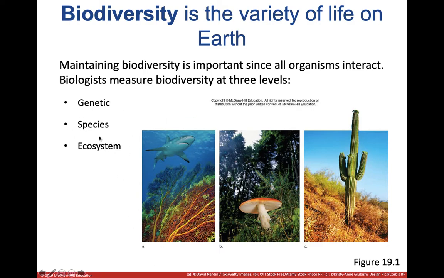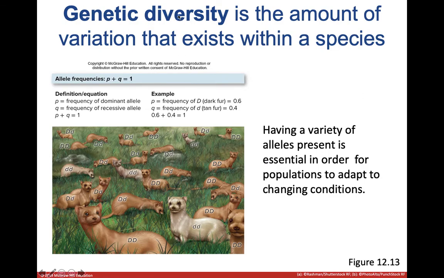You can count the number of species that are in there, and then you can look at the different numbers of species, different numbers of biodiversity at the ecosystem level too, which is really cool, and we'll talk about all this stuff in just a second. So why does genetic diversity matter? Why do we want a large population of animals that have a large population of genetics that are very diverse within it? Well, it makes sense if you ever think about it, or if you've ever worked with cattle or horses or anything like that, or breeding dogs or cats or something like that.